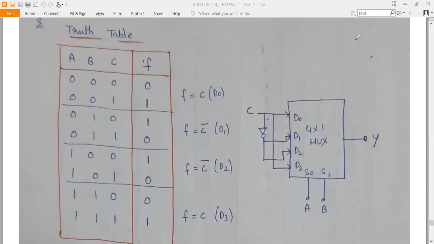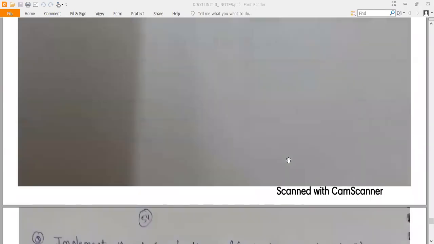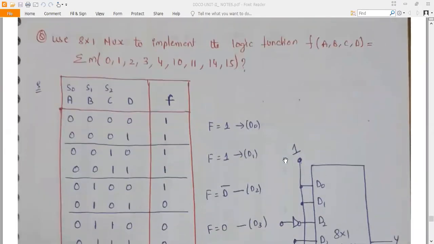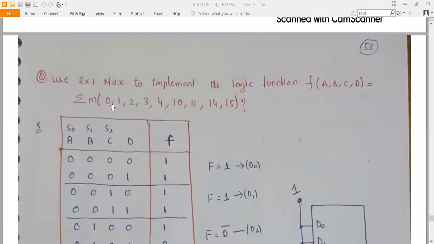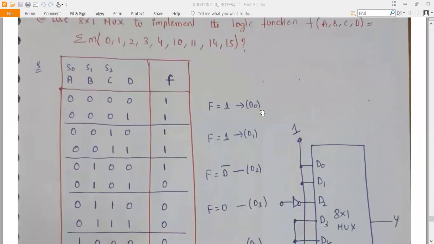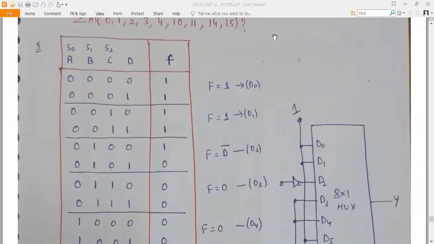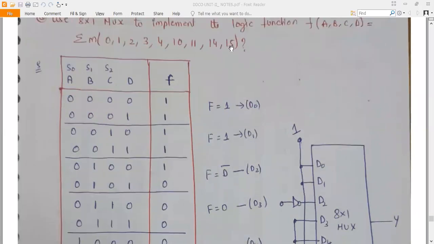So I hope now you understood this. With this, we have got one more problem solved. See here, you are getting zeros and ones. The functionality that he has given is 0 1 2 3 4 10 11 14 15. Okay, so up to 15, got it.